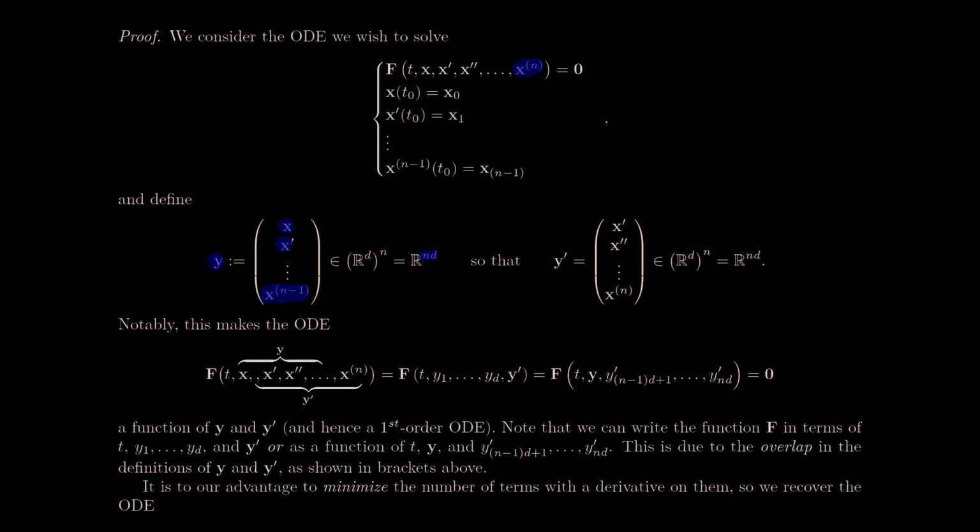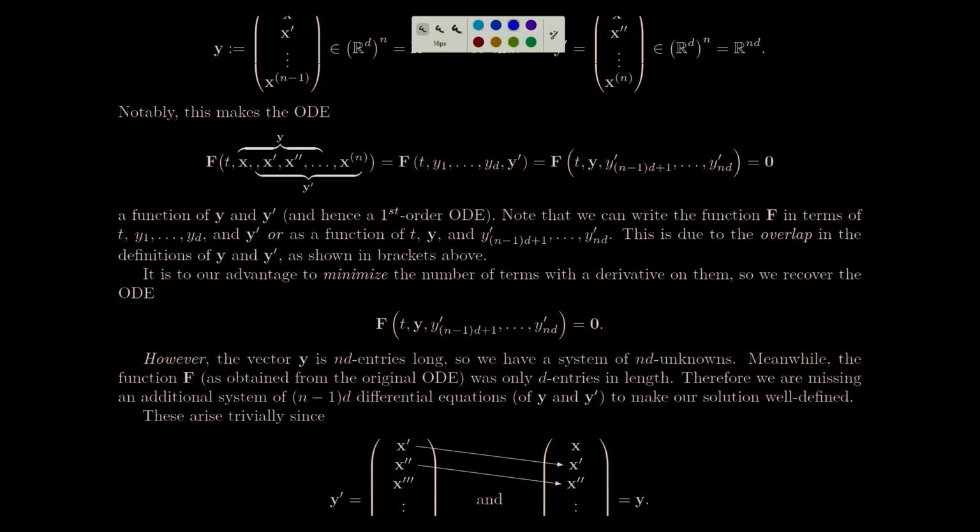So that entire vector is going to be called y, and that gives me that the first derivative on y will just translate to one more derivative on all of the terms in the vector. Most importantly, this very final derivative term in my original ODE will be the last entry of y prime. This is going to be useful